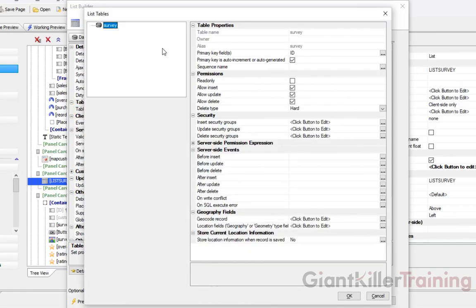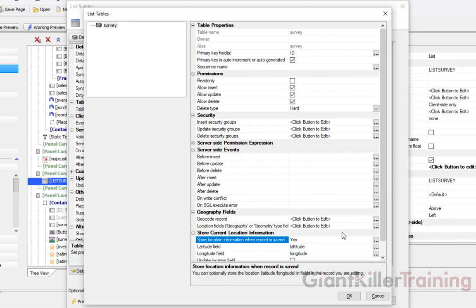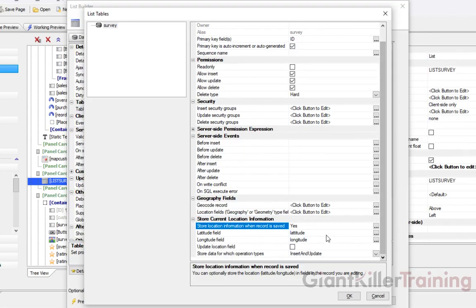This is talking all about how the list control is related to the underlying table or tables. So you'll notice down at the bottom, there's a property called Store Location Information when record is saved. Currently it's set to no. Click the ellipsis button and in this drop down right here, select yes. So this enables that store function and click OK. Now that you've done that,